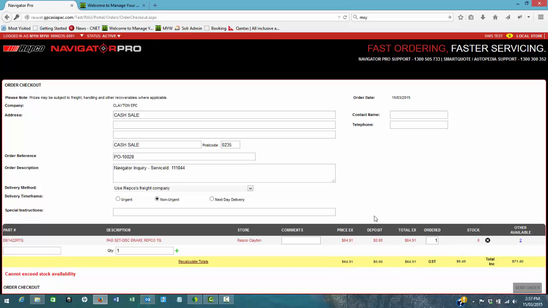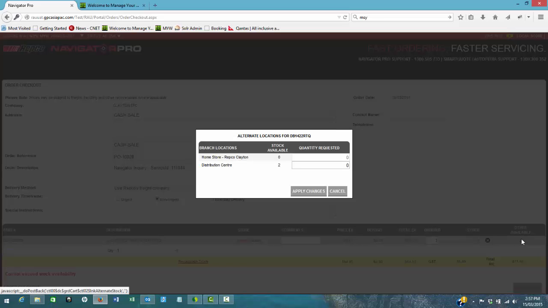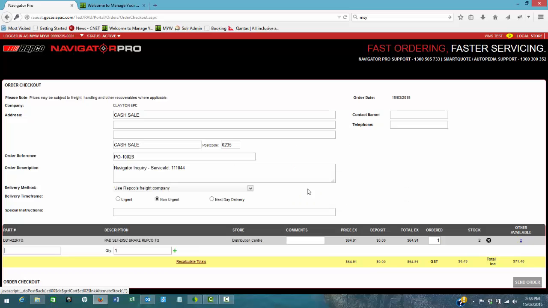And you'll see that the quoted price, all of that's been filled out. Here you'll also note that the particular item's in red. That means that our Repco Clayton store, which normally is our service centre for all parts, doesn't have any in stock, but two are available elsewhere. So we'll just click on there, and the distribution centre, we'll just grab, we only need one at this point. So if we just apply changes, we now have the purchase order all completed, and all we do is formalize that by lodging it with the Repco system. So we click on send order,